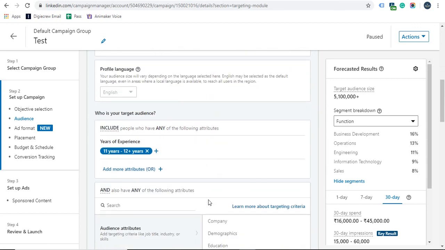Especially for contact data, where you want to reach out only to those particular individuals, that database is there. You don't want any interest, behavioral or designation targeting. You are by default considering that the database is only of those persons to whom you want your ad to reach. So you need not keep any of these